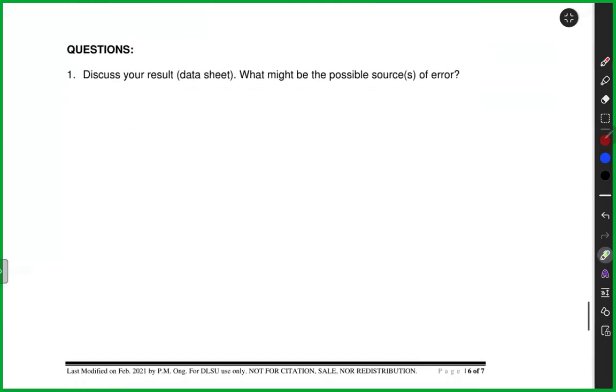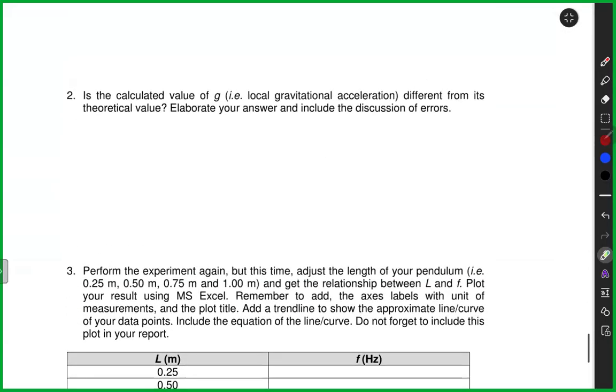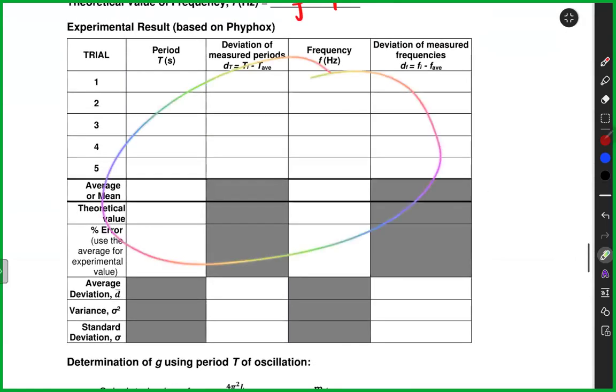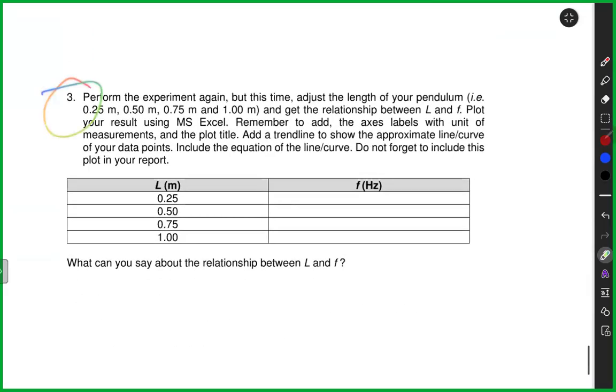All right, and then you have to discuss or answer the questions that follow. And after you do the activity or after you gather all this data, don't dismantle the setup yet because you will still use that to answer question number 3. In terms of number 3, you have to change the length and you have to answer what's going to happen to the frequency. Okay, and make sure to follow the instructions.